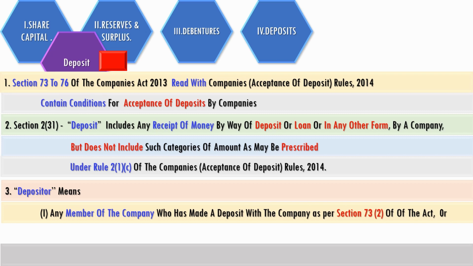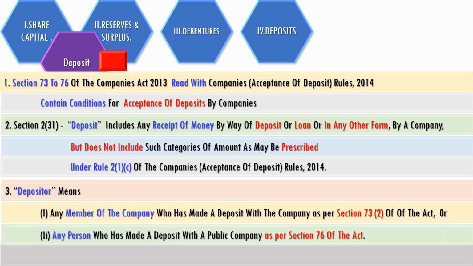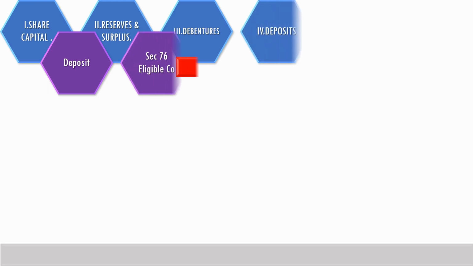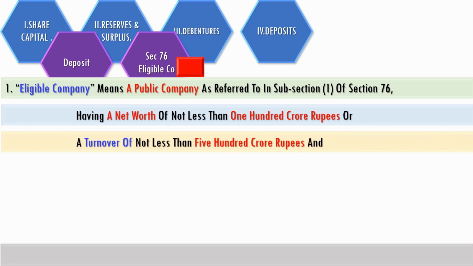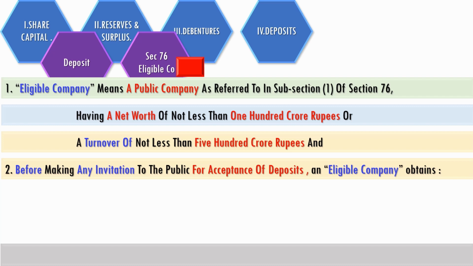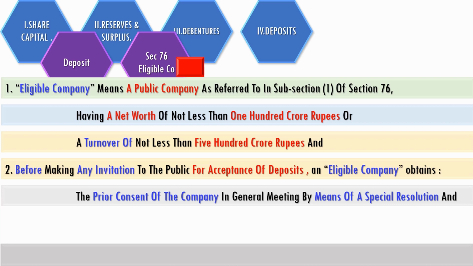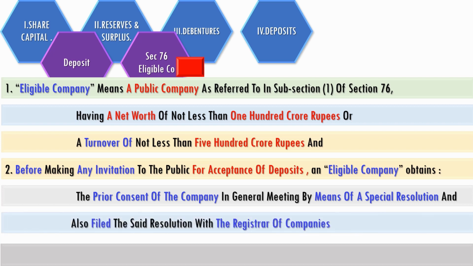Two types of depositors: member under section 73 subsection 2 and any person who has made a deposit as per section 76. Section 76 talks of eligible company as a public company which has got a net worth of not less than rupees 100 crores or a turnover of not less than rupees 500 crore. Such an eligible company, before making any invitation to the public for acceptance of deposits, obtains the prior consent of the company in general meeting by means of a special resolution, and such a resolution is filed with the registrar